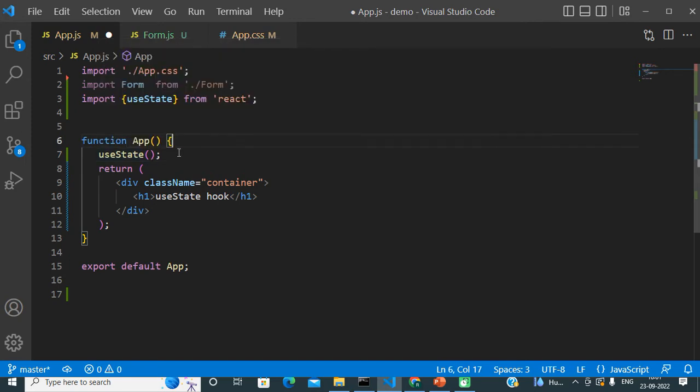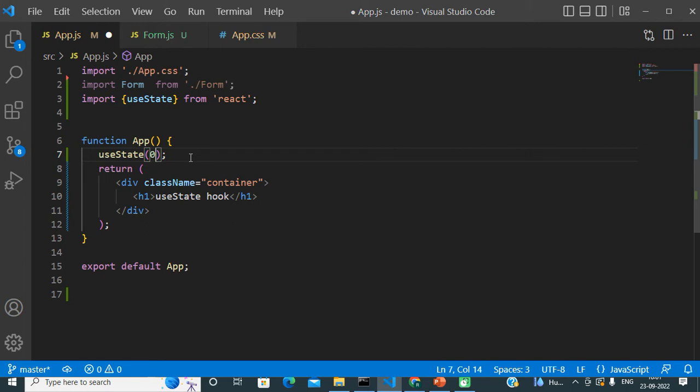Now, the useState hook takes one value as a parameter from us. We can pass any value to it: 0, 1, 2, 3, a normal string, an empty string, null, undefined, an array, an object, anything as a parameter.